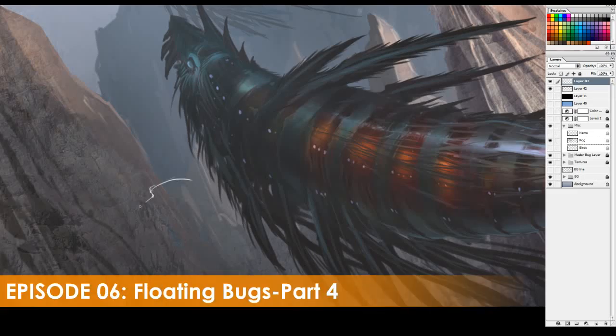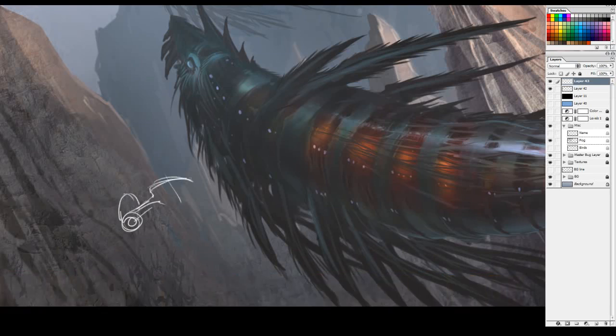Some kind of ship or something like that, and they're flying along. Because I want to put a human element into this. When you put human elements into something, it establishes scale very, very quickly. It tells you how big something is. So if I was to put, say, a little spaceship flying here,